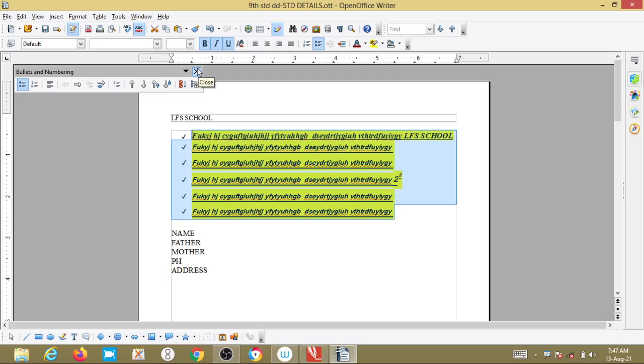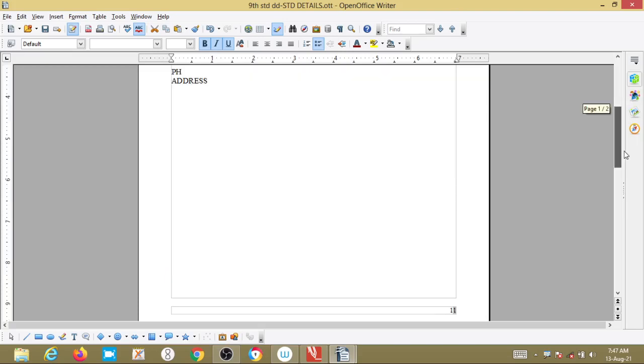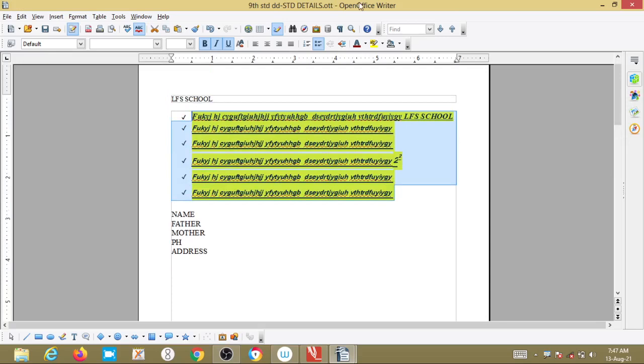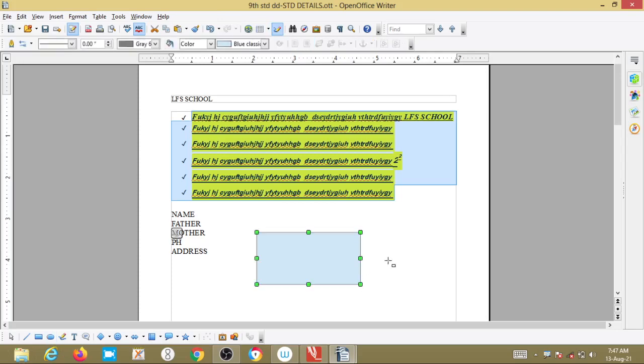Clear, guys? Clear now? Okay, so I hope everything you have understood here. This is a scroll bar. I explained, first is the title bar, then the menu bar, then the standard toolbar, then the formatting toolbar is there. Below it is a drawing toolbar. If you want to draw any object, you can draw that particular object using this drawing toolbar.